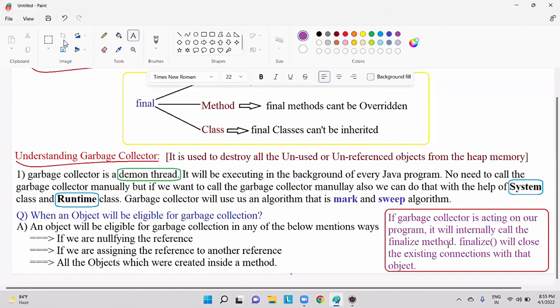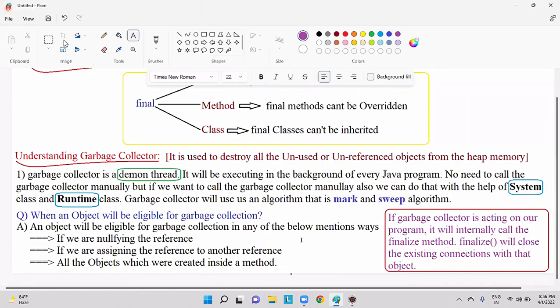I told you we will be discussing the clone method after exception handling, but not the finalize method. The finalize method, at that time only I told you. And of course, we'll be discussing the clone method also. I promise you that.